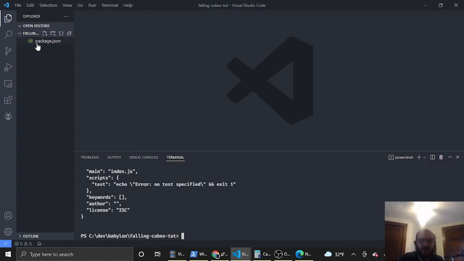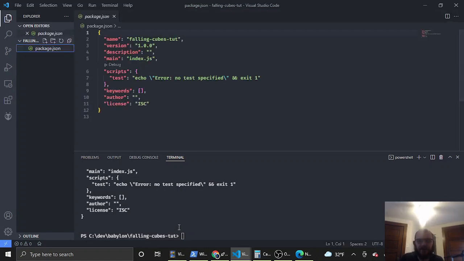You can see it here. You can always go back and add details later. We just did -y for the default values for now. You want to add author in and things like that later. The next thing we want to do is install our project-specific dependencies. In this case, we want the game library, BabylonJS, so we do npm